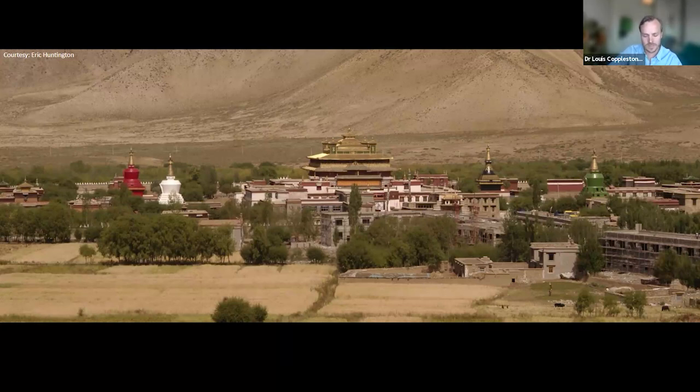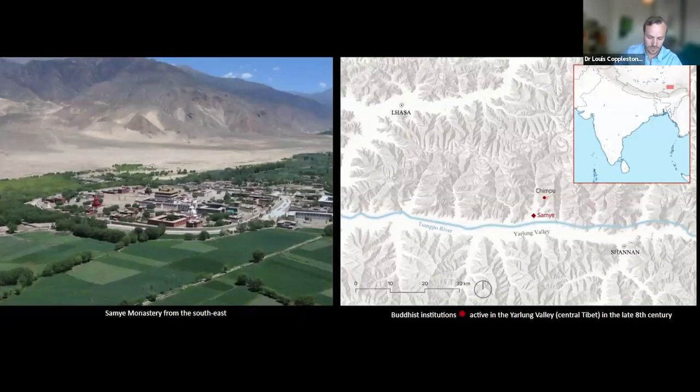I'm going to try to ask, by comparing buildings, who was responsible for carrying these ideas about buildings, what this tells us about architectural production generally, and in particular, what it can tell us about Samye. And to do this, I'm going to have to summarize quite quickly three very different and individually complex building projects, and we don't have much time, so I'm going to crack on by taking us to the Chimpu Valley,